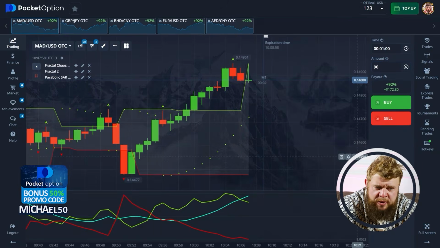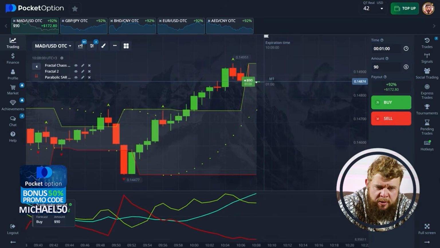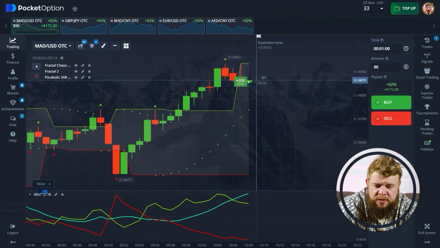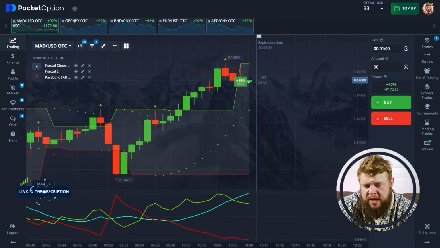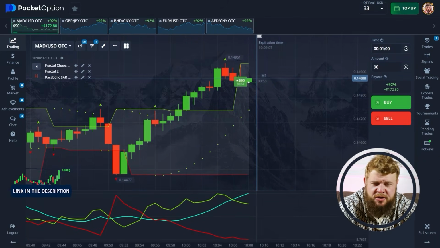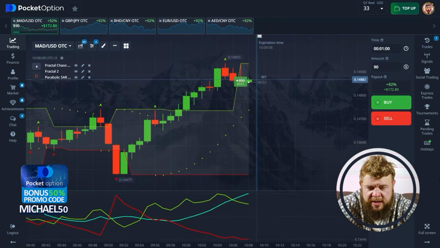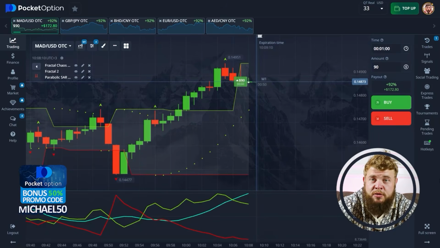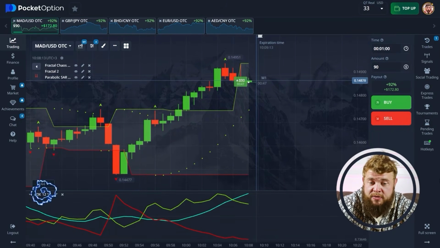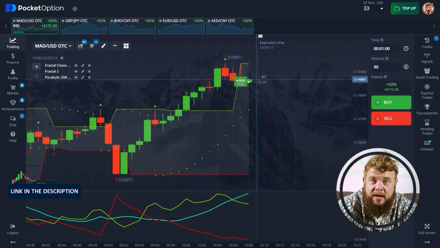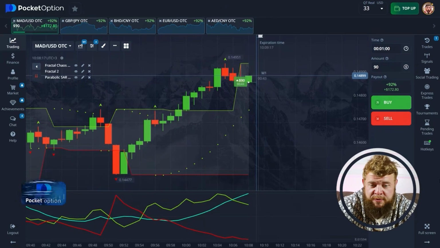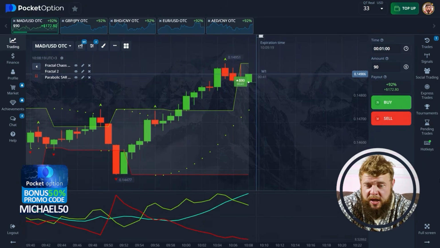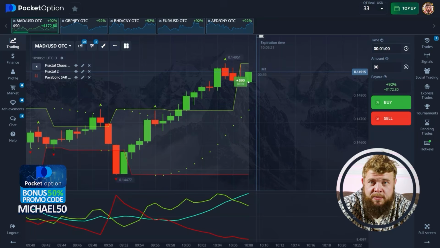Now I'm changing our investment to $90. And I'm opening the buy position as a continuation of the current growth, because as you can see, when you have a growth like this, very sharp one, without any downgoing correction, it's better just to follow the trend and not to sell the asset right now, because you are highly likely to mess up. So that's why just follow the trend, you open buy position, and when finally you see that the price was